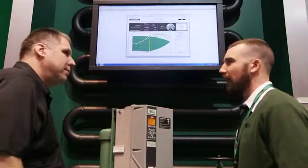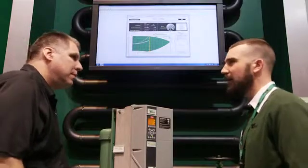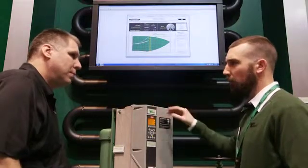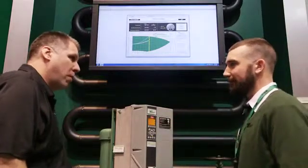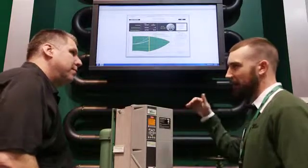Chilled and hot, they're fine. When it comes to glycol, because of the different friction properties, what happens is that when we're in the lab characterizing the pump, we'll take 10 points at 60, 10 points at 40, head and flow, then we program those points into the pump. And it's based on water. Exactly. And it's based off of the amperage usage, and that's how it determines where it needs to be,